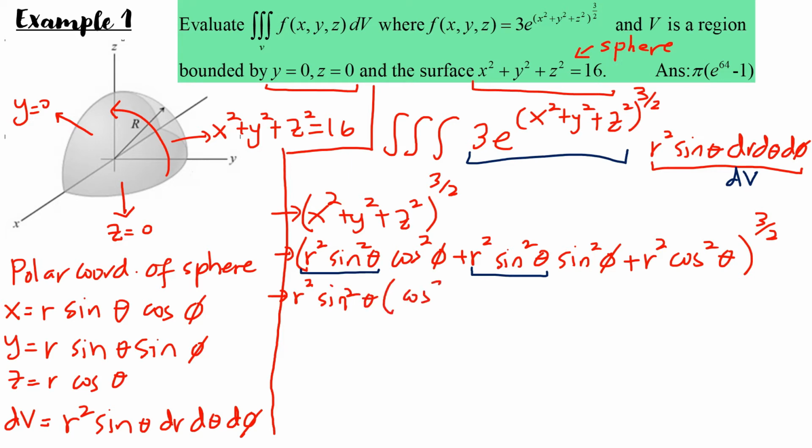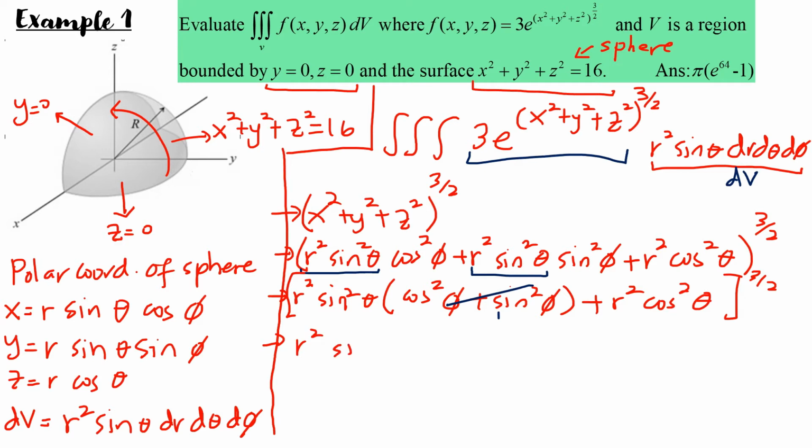Okay, so I have here, can you see it? 3 over 2, I will write it after. Everything is in power of 3 over 2. Now you know this is equal to 1, right? So I have here r squared sine squared theta plus r squared cos squared theta, power 3 over 2. Can you see it? Because cos squared phi plus sine squared phi is equal to 1, so 1 multiplied